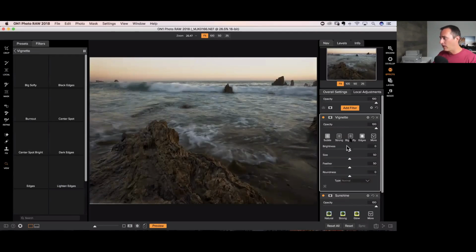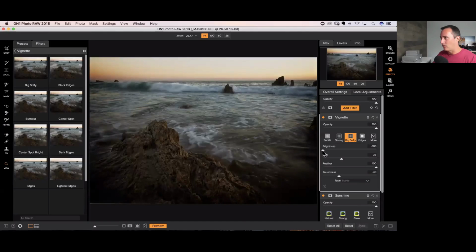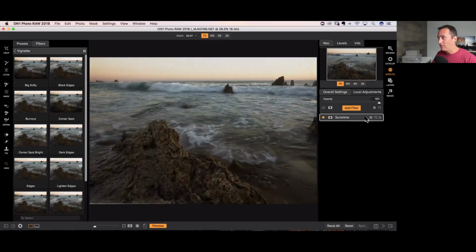So when I go here and I add a vignette, it's essentially adding black to the edges. It's really what it's doing. It's kind of a low opacity black, which, when I want to be really quick and fast about it, works fine. If it's a photo I really like, if it's a photo I want to spend some time on, then